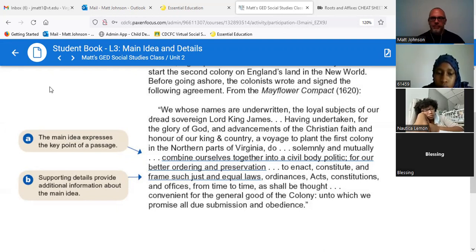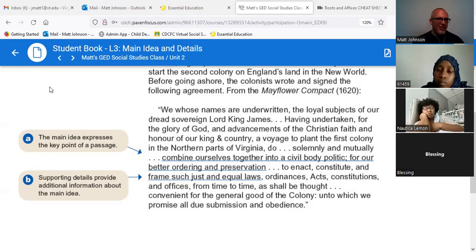What it's saying here is that this is basically coming together to create a government for their colony that they're setting up, that they're coming together to have this sort of order under this sort of political system that they're going to create under the Mayflower Compact. So the second part there, supporting details, saying to enact, constitute, and frame such just and equal laws, ordinances. So, they're coming here. There's nobody,